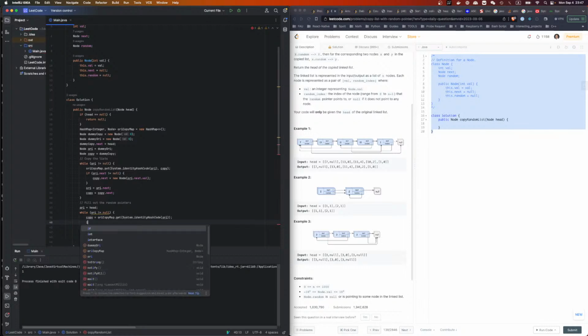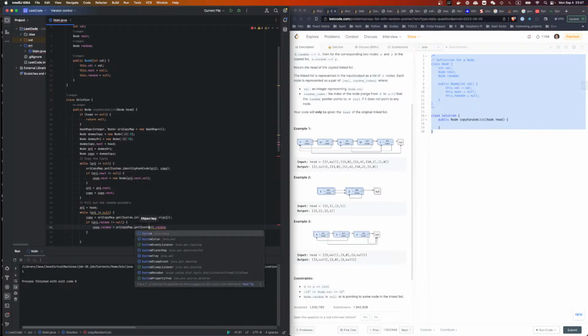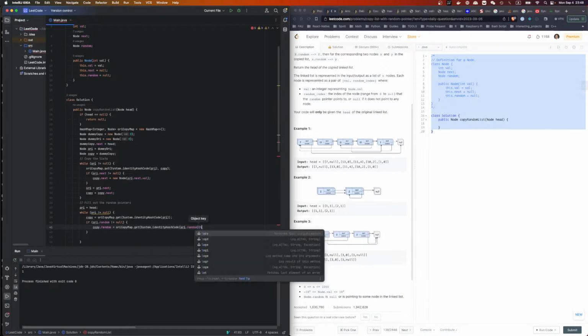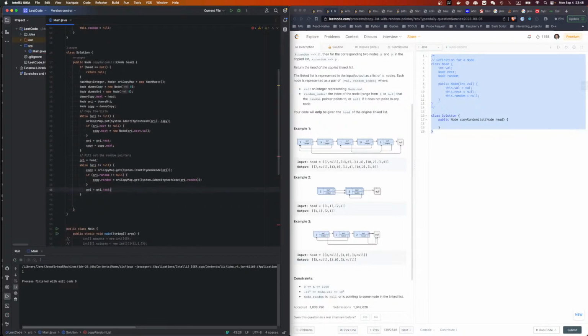right? Well, if original dot random is not equal to null, then that shall be original copy map dot get System dot identity hash original dot random. And then original equal to original dot next. Once we're done with all that, now we're gonna return